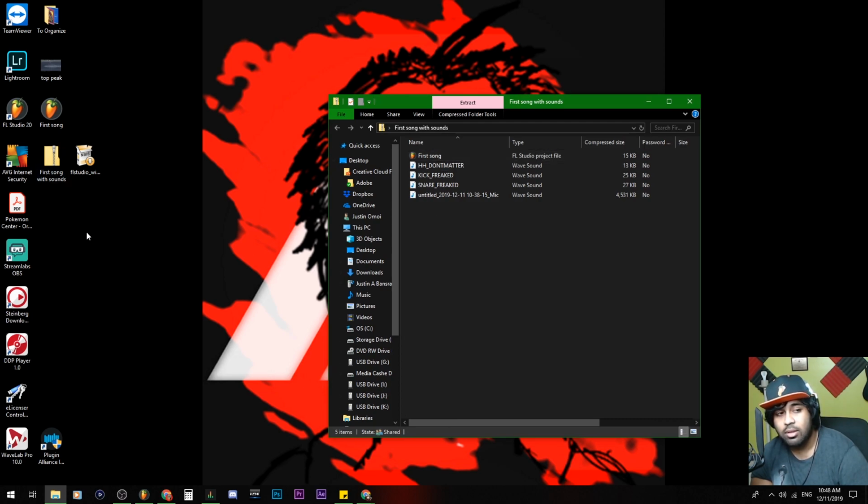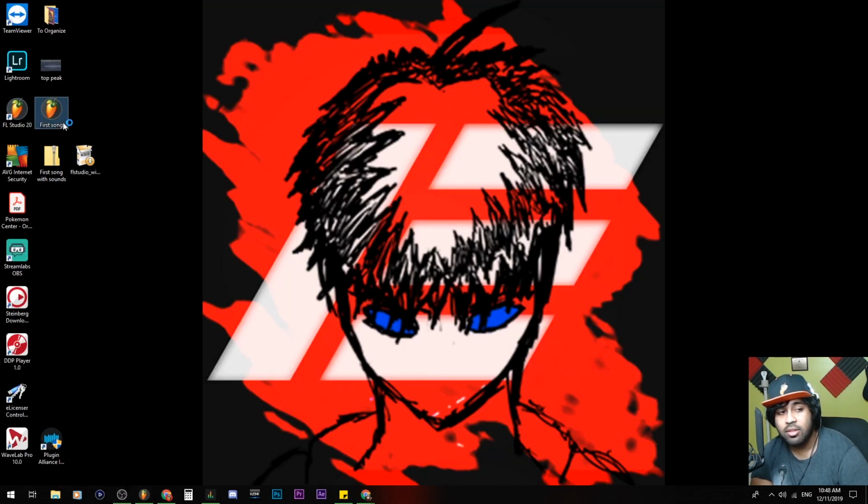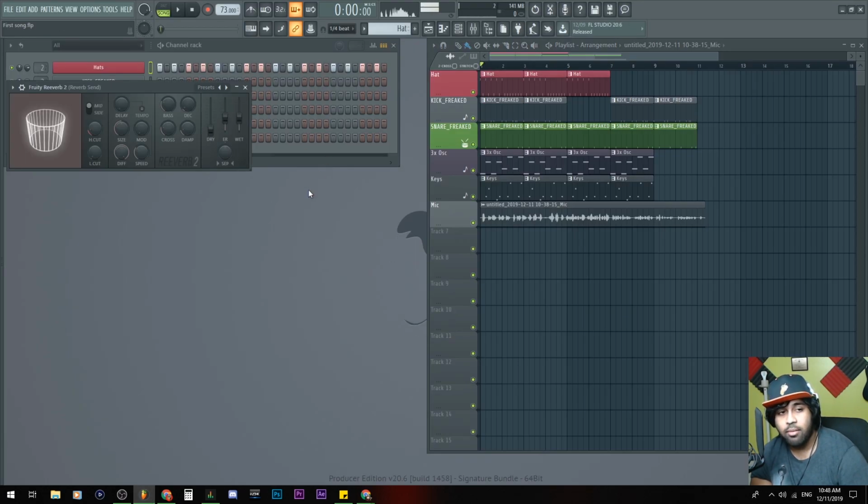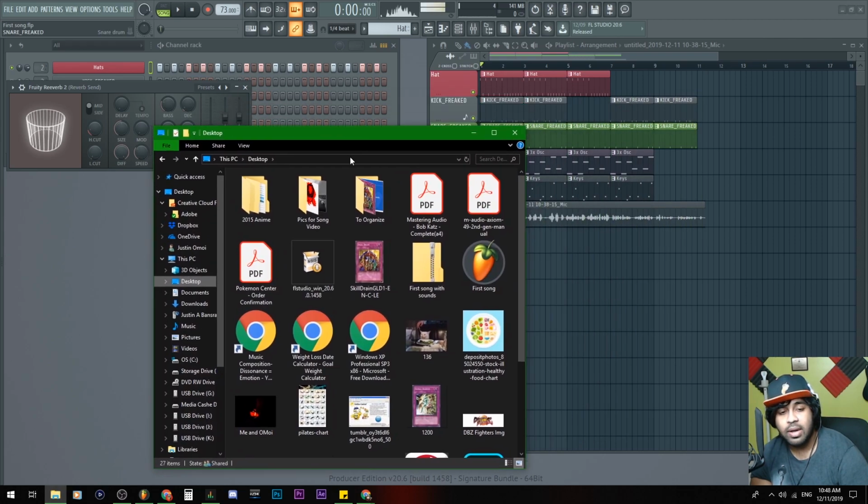You could extract this folder and then double click that, or you could also click and drag this into FL Studio, which I'll show you. But notice it has the WAV files here, and it also has my vocal sound file that I recorded just now. To open up the FLP, you just gotta double click. And right there it opened up the file. I know you couldn't see it. The other way to open files, the .zip file for example, you click and drag here. See where it is?